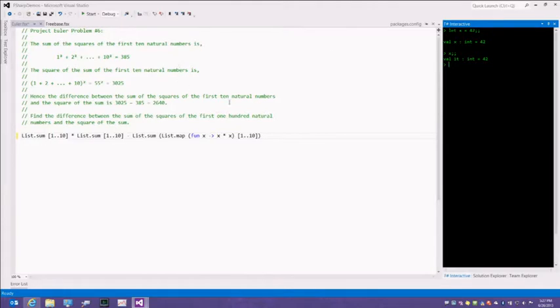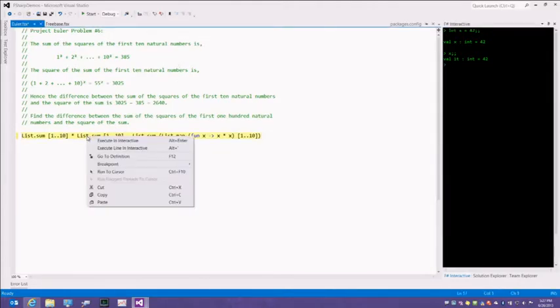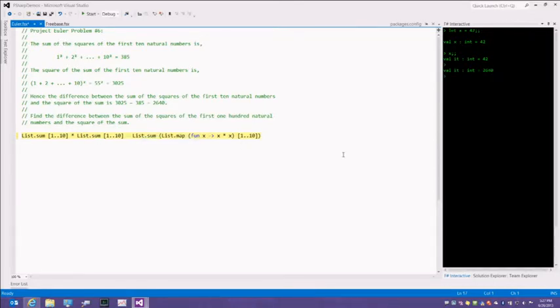Now I can also come from the editor, right-click, and say execute in interactive. I'm going to do this once from the right-click menu. After this, I'm just going to press Alt-Enter. And lo and behold, we have the correct result. We're done. Except, well, we're almost done because this is not the elegant code that I